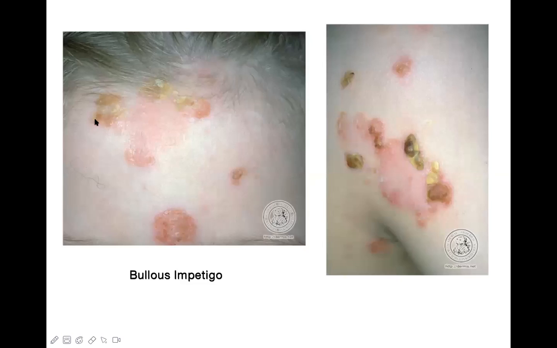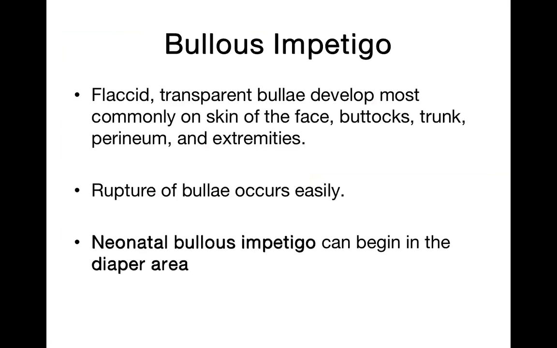Now, these are the pictures. See here, these are different examples of bullous impetigo. Some of them are already ruptured, and some are also ruptured, but I can still see the scab or crust on the surface. Another picture. Okay, now